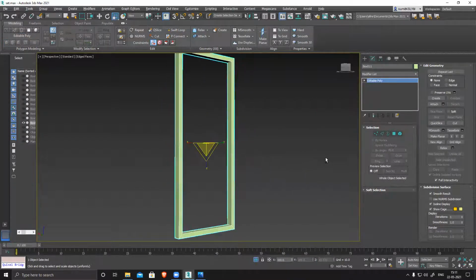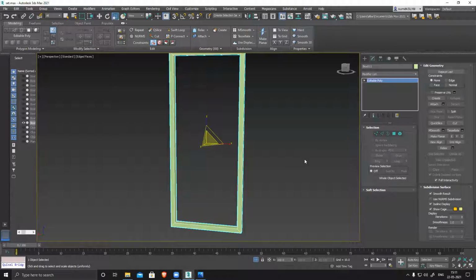The frame is ready. Now one more thing, we need that net mesh part. That mesh part we won't create in the model, that is part of texturing.